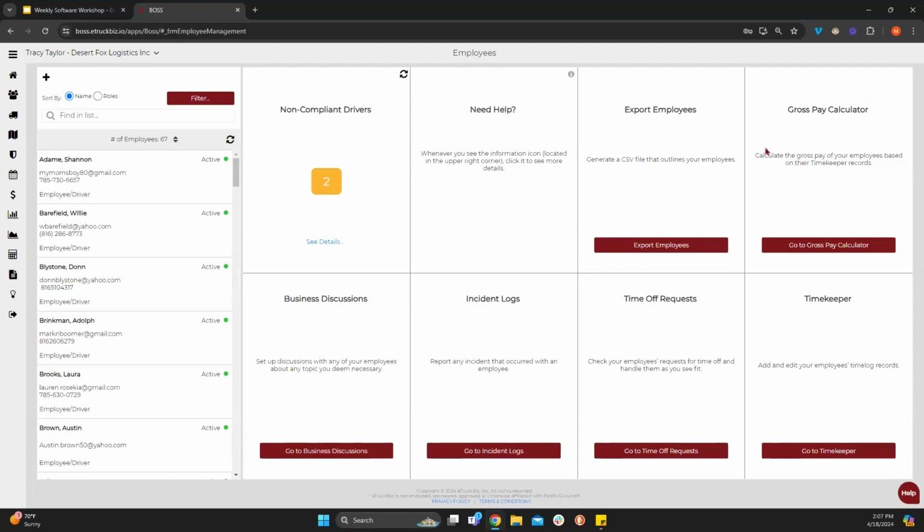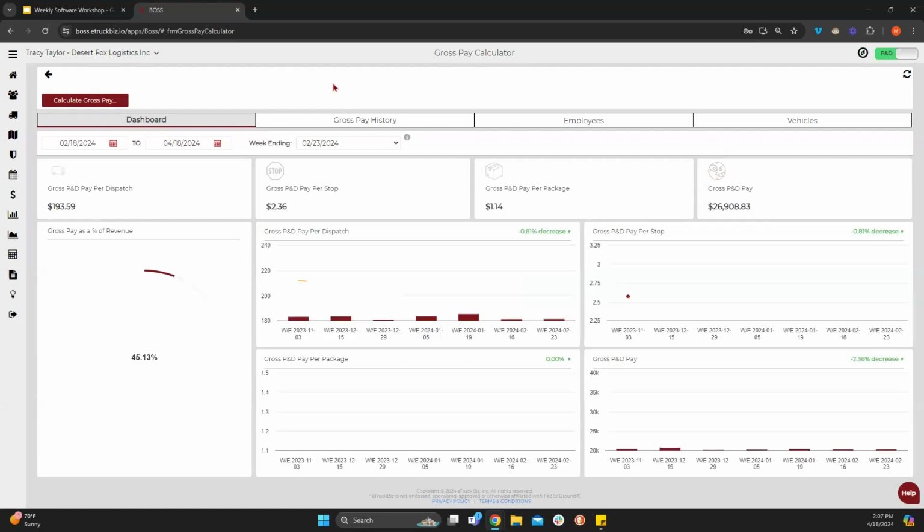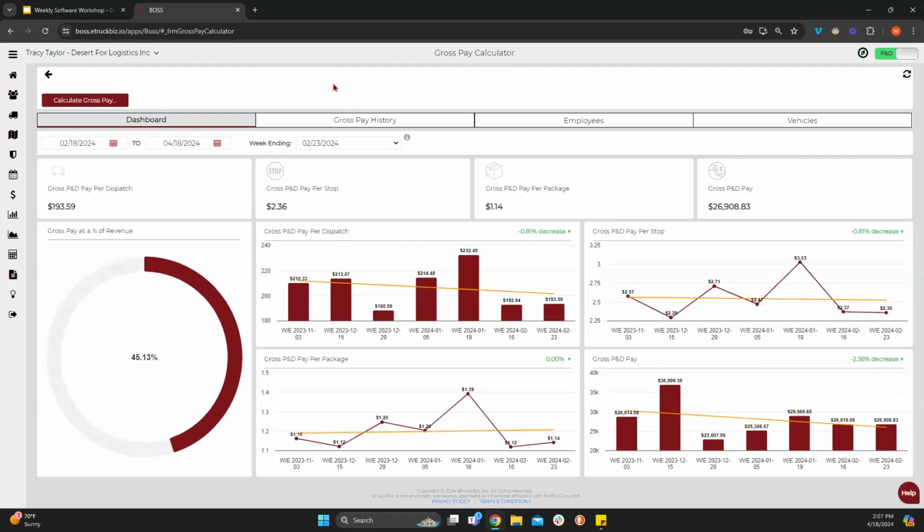And over here on the right-hand side is the gross pay calculator, okay? So you're going to open that up. And this particular contractor has been, or had been, or is using it. So there is some information in here. There we go. This is what your dashboard will start to look like as you start putting in your gross pay history in